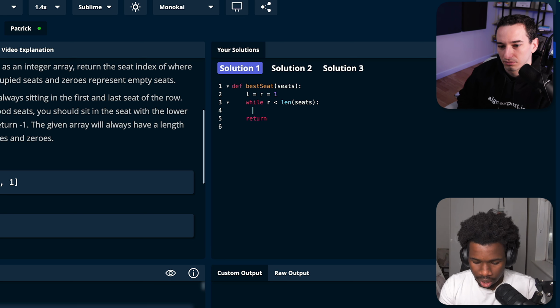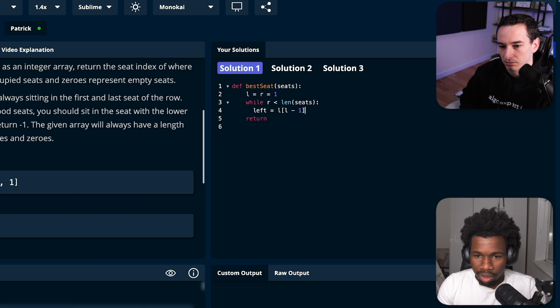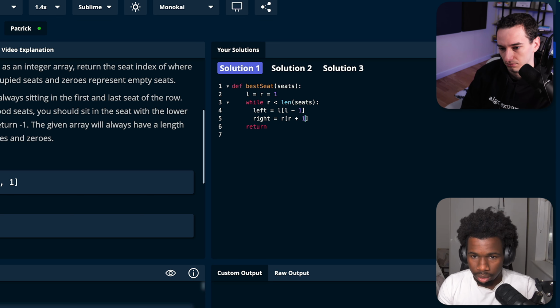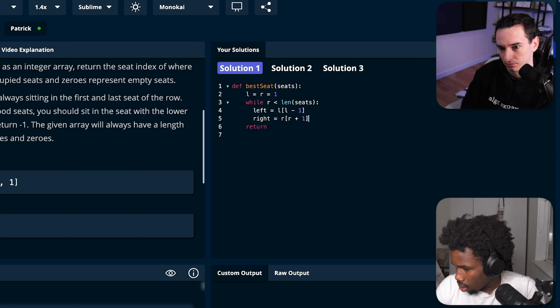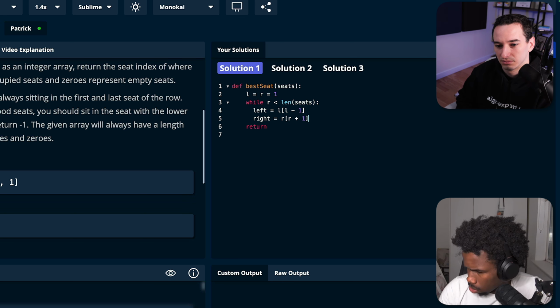left is equal to seats at L minus 1. Hold on a second. L minus 1. Seats at L minus 1, now we'll get the previous cell, and right is equal to seats at R plus 1. Okay, I'm trying to think here. Okay, if I go to zeros, do I? I'm thinking,